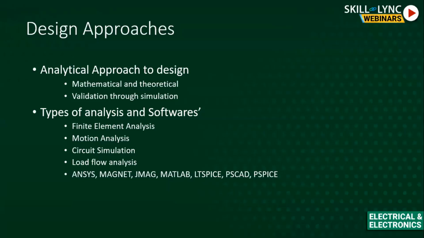Once the design has been done, we do simulation to validate various things. If this is a current carrying conductor, heat should not be generated that much. So there is some thermal analysis incorporated. There is some electromechanical analysis, magnetic analysis that we do before finalizing the design. So the analysis very popularly used in industries is finite element analysis. This is mainly used for magnetic analysis, structural analysis and thermal analysis.